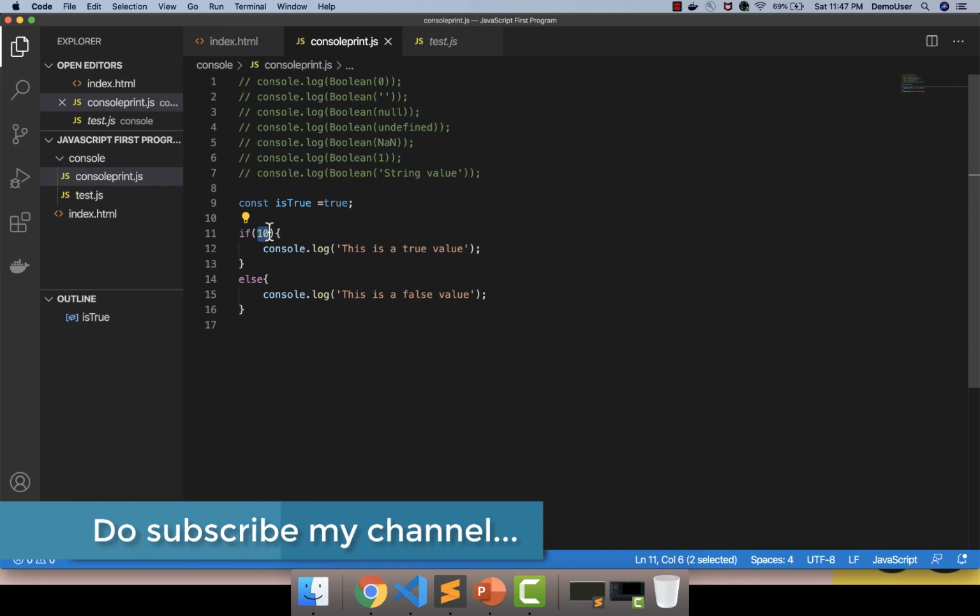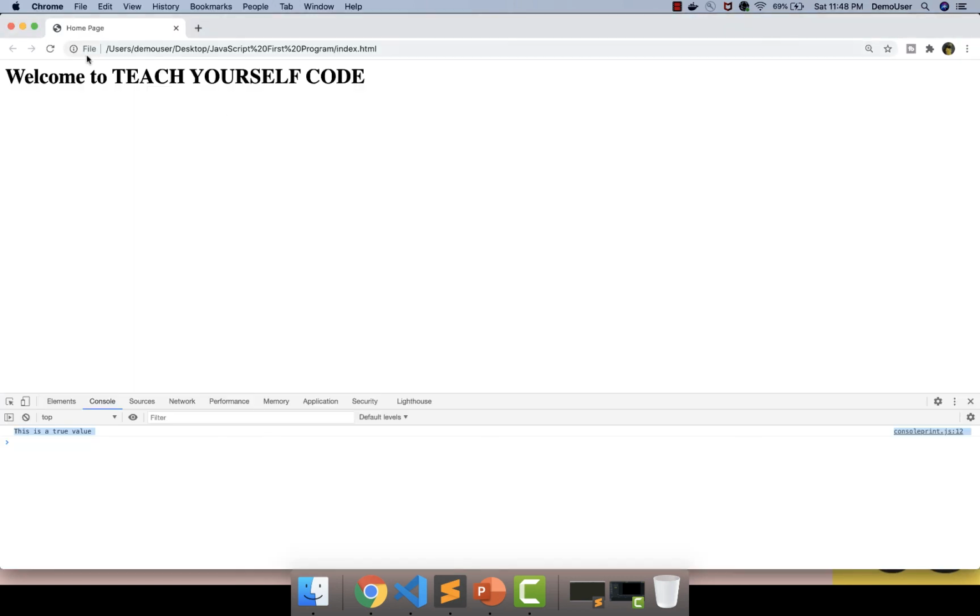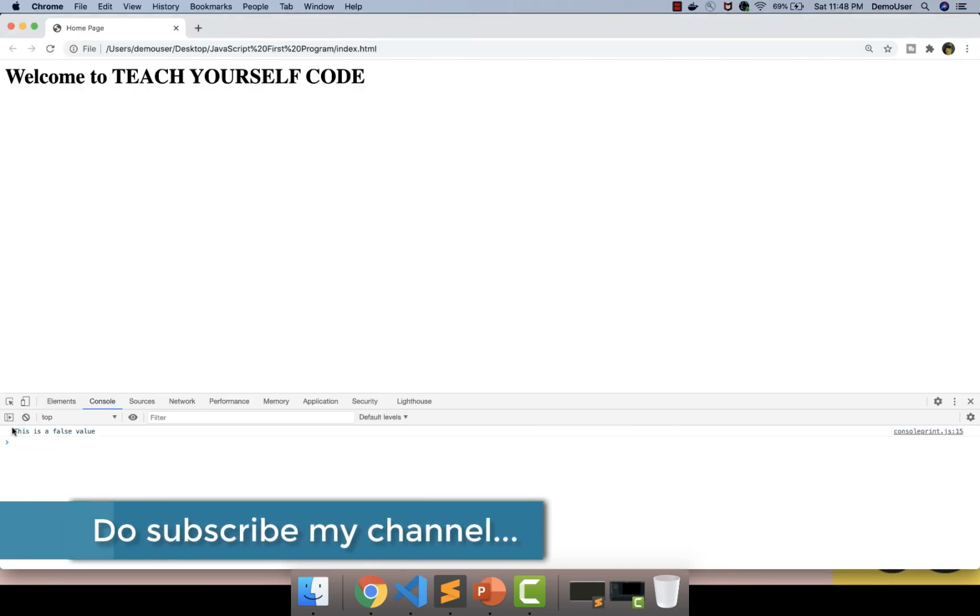If we try to convert anything and if it returns true in the conversion to Boolean, then it is called a truthy value. So that's why we are saying anything over here that is written, if it returns true, then it's truthy. So by doing type coercion, this is getting converted into Boolean. So if I give something here as 0, and we know 0 conversion to Boolean is false and it will be a falsy value. So it should go to the else part. I'll go here, refresh it. You can see, yes, it's showing as false over here.